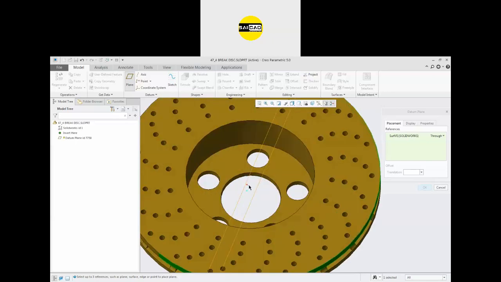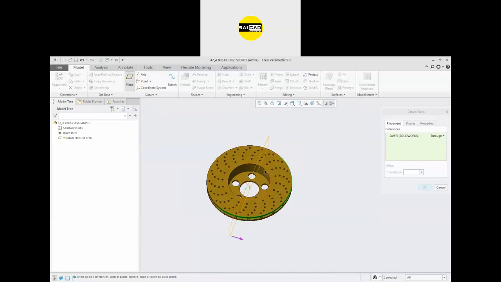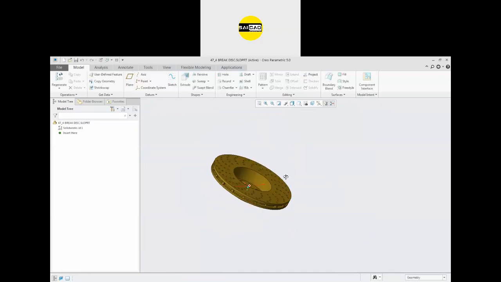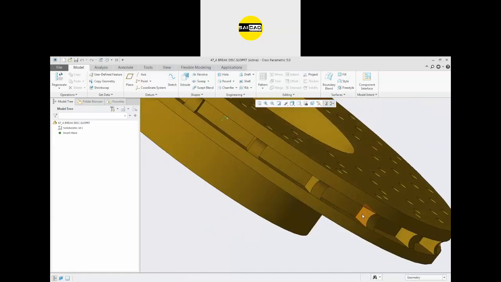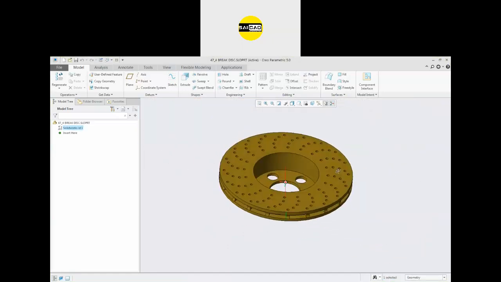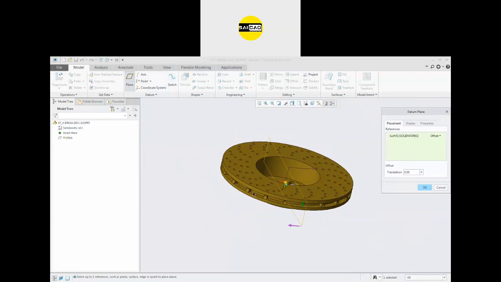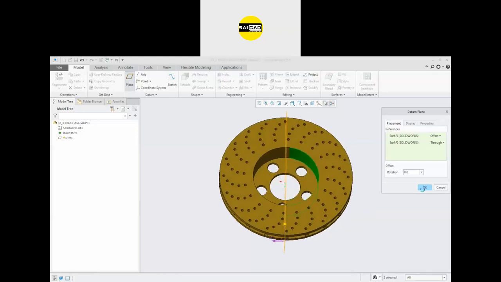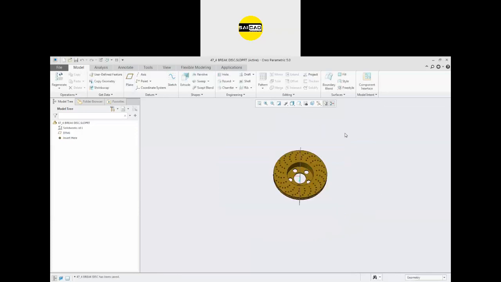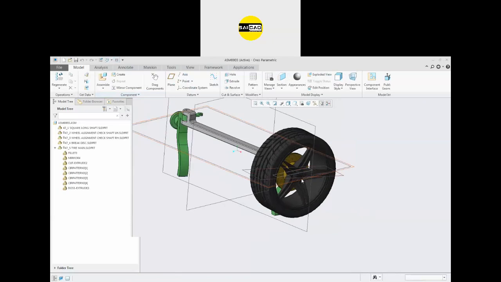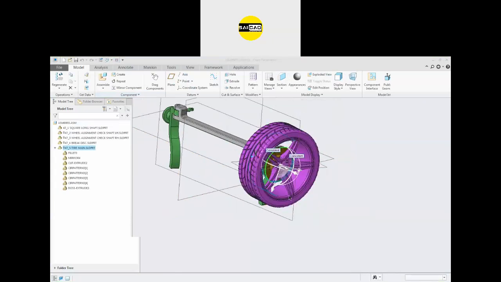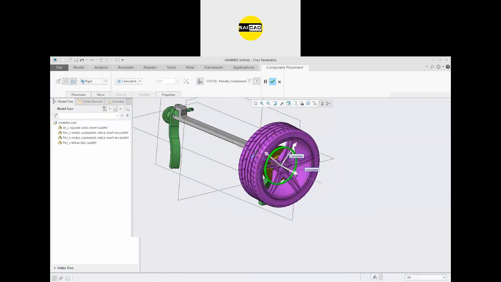So for the second reference, we have to create something. So you can see we have some faces in here. Those are the straight faces. You can select the face. You can select the circular object. So here is the plane. You can just click OK. The plane is created. Save. So now you can just go to the edit, and now there is the rotation.